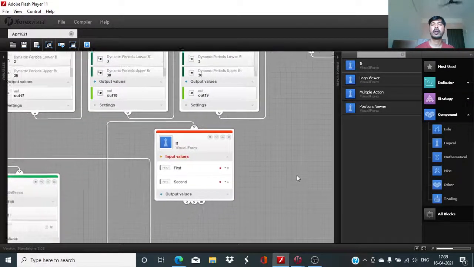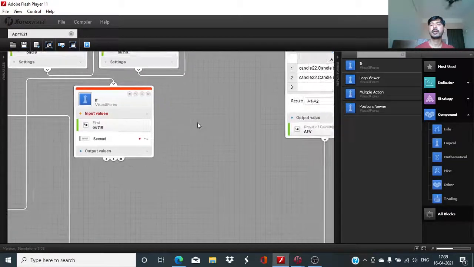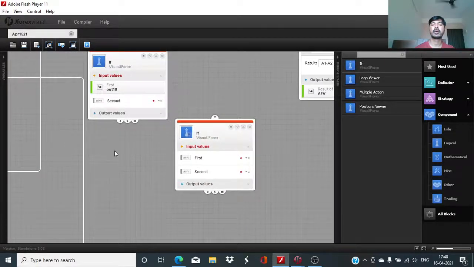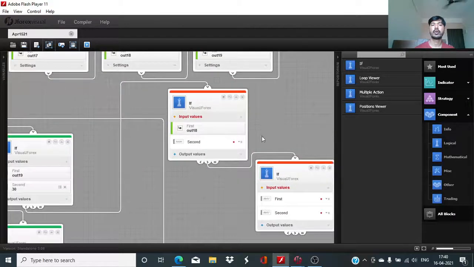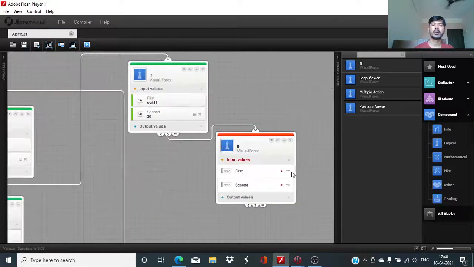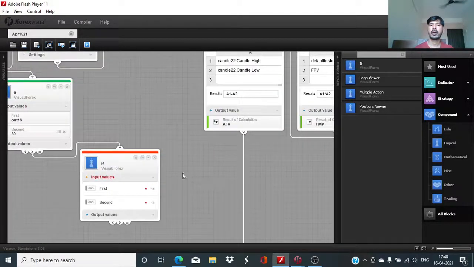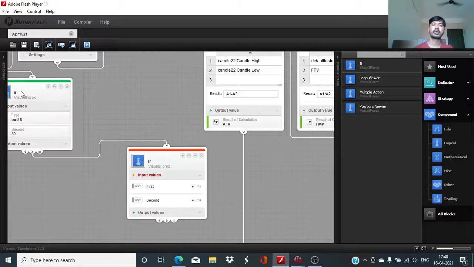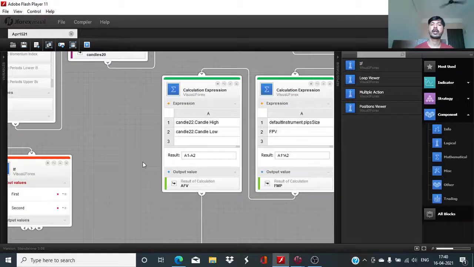And out 18. In this case, the condition is that first input is greater than second input. Second input is going to be 30. Okay, so we have these conditions in place, and then we shift our attention to do the comparison between